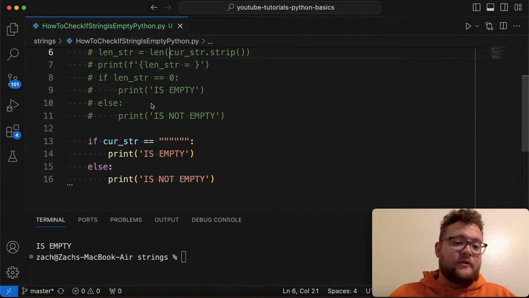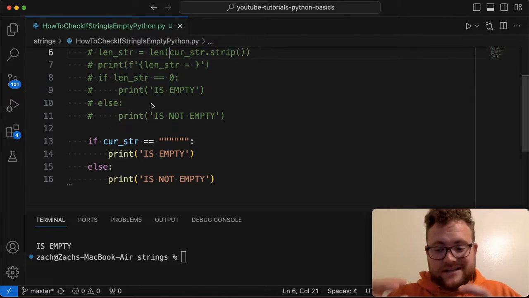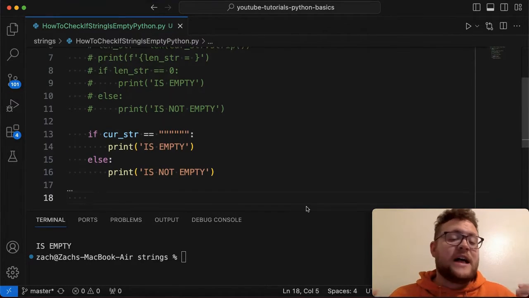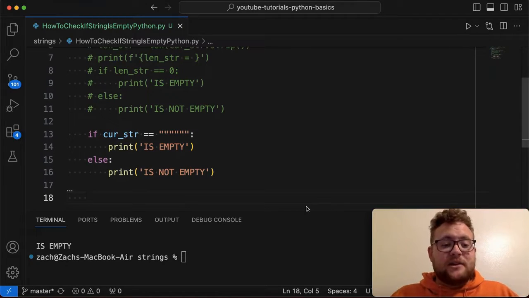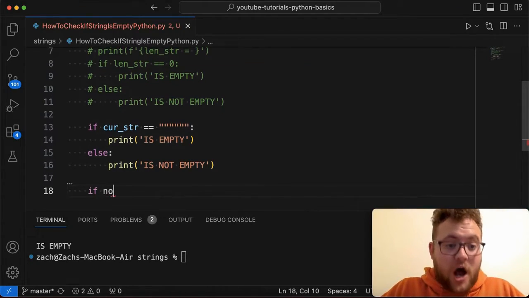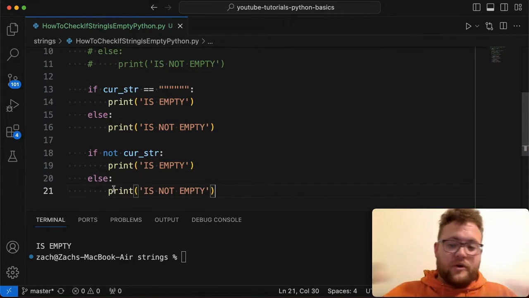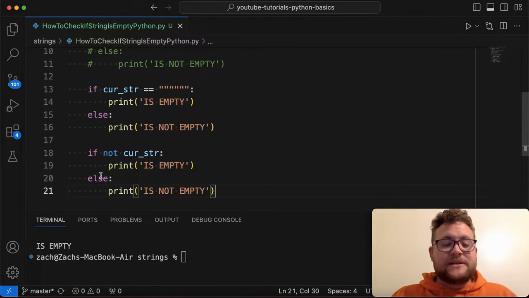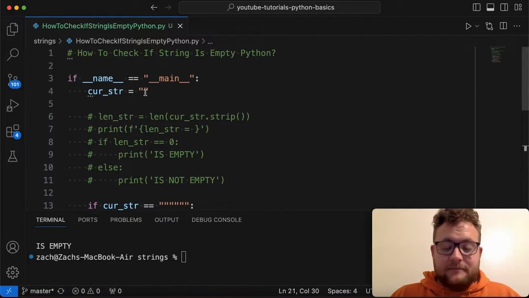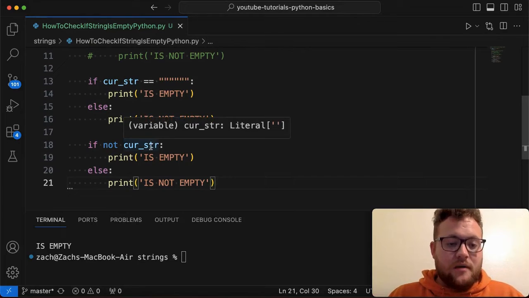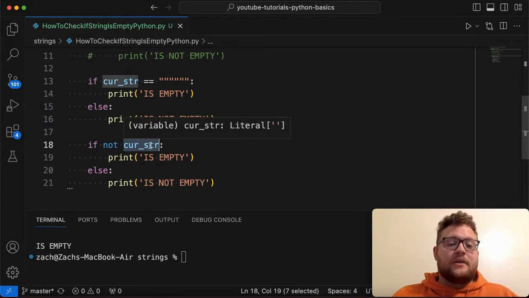Now let's talk about the third and final method, which I like, a pretty slick way of checking whether or not a string is empty in Python. The last method I want to show is doing something like if not cur string, then we print out whether it is empty or not empty. Because what happens is, if it is an empty string, Python evaluates this as kind of a 0 or a false,